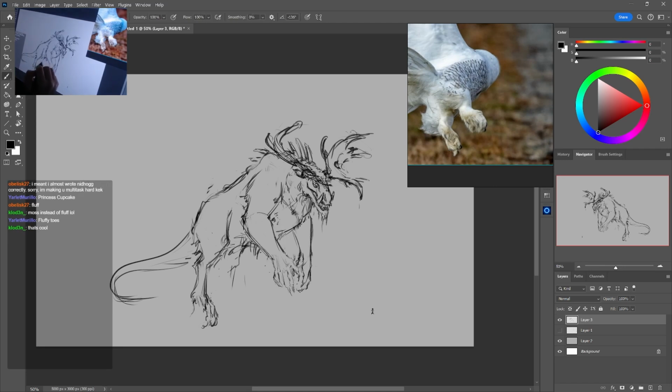Give him lots of fluff back here. I don't like this angle of the toes. Let's put it back this way.